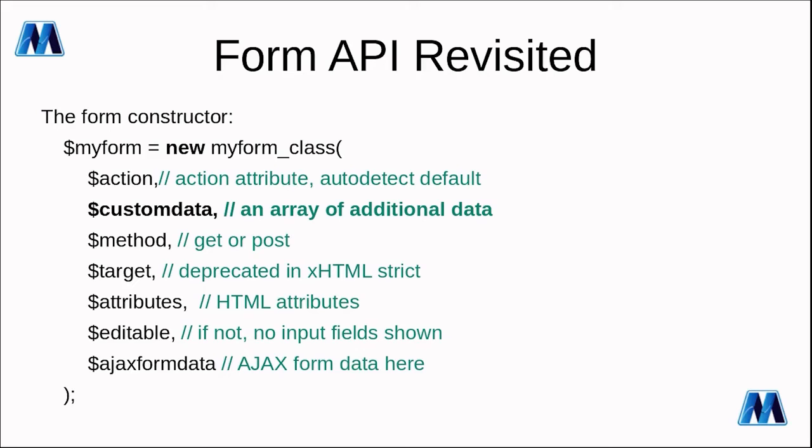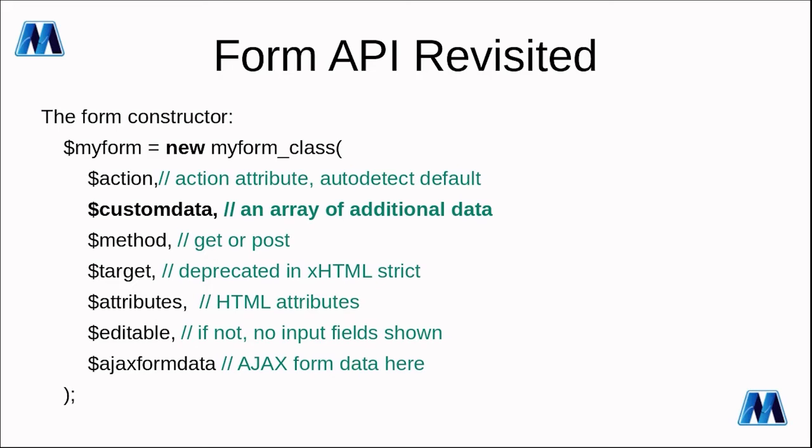Custom data, which I bolded because it's an important piece of data that you will use quite commonly, is how you pass data to the form, data that can be used within the form itself. Okay, the method, which is by default post, the target, which is really deprecated now in XHTML,